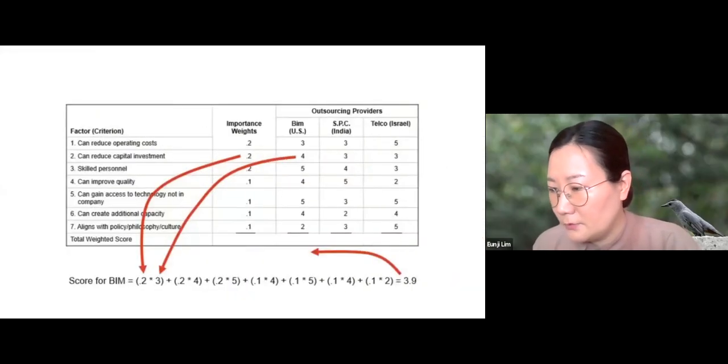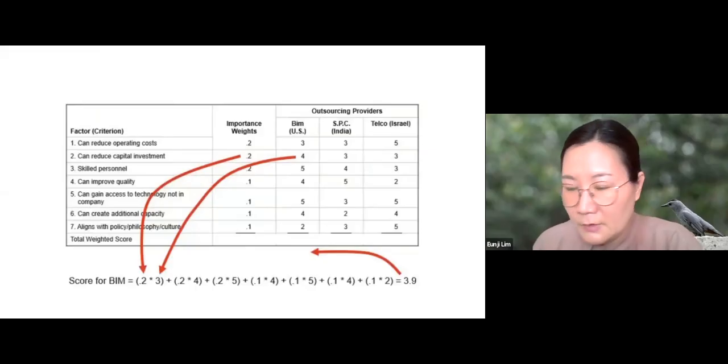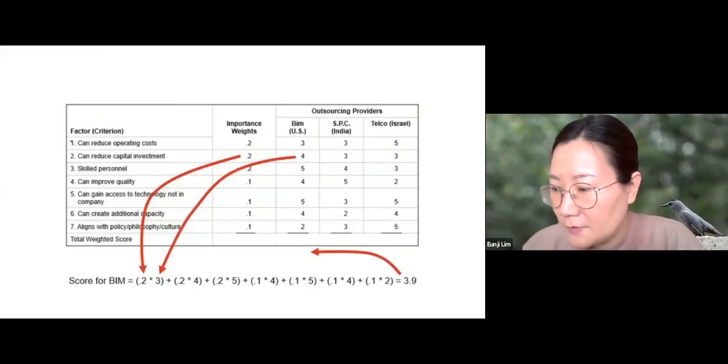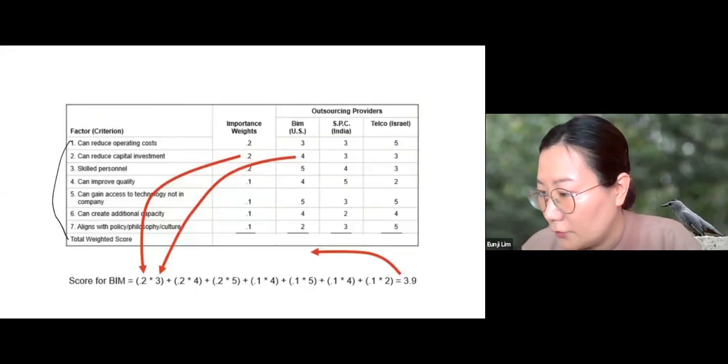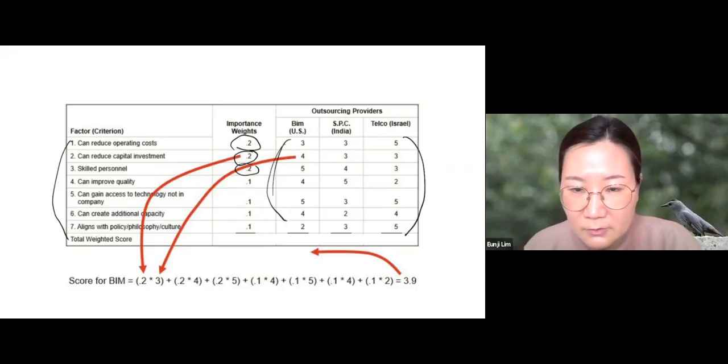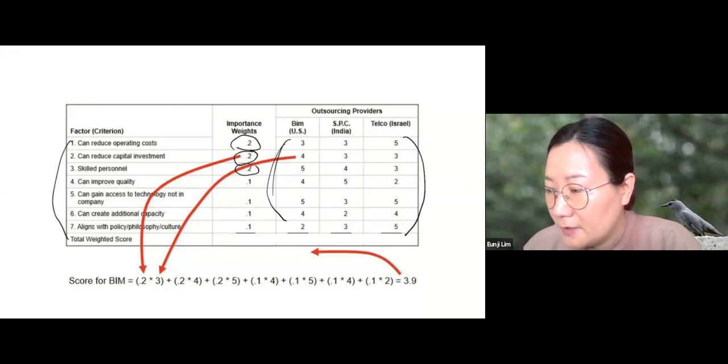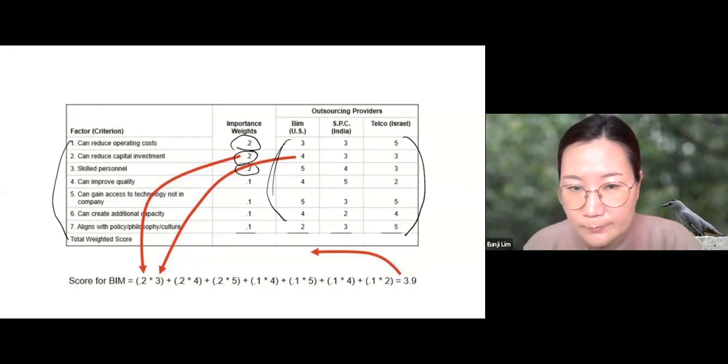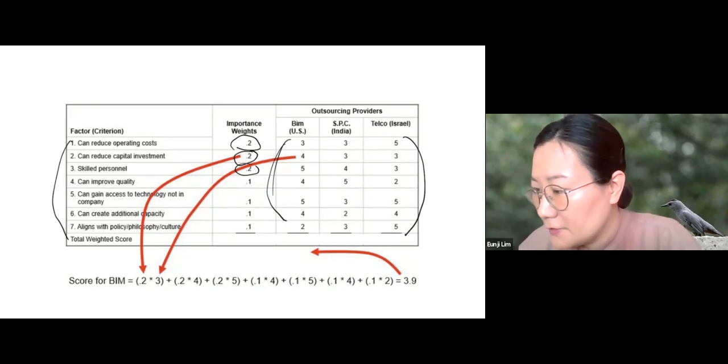So in this table, these are the factors that you're considering, and you are given the weights for these factors. And inside the table, you're given the ratings of these 3 suppliers. The higher the rating is, the better the performance is. So the first thing you need to do is compute the total weighted score for each supplier.